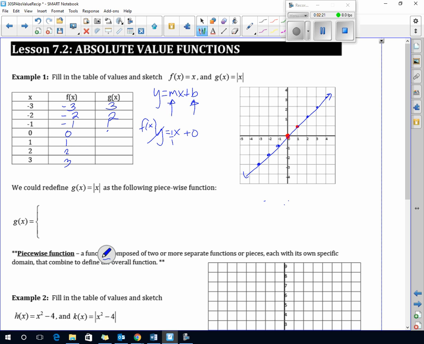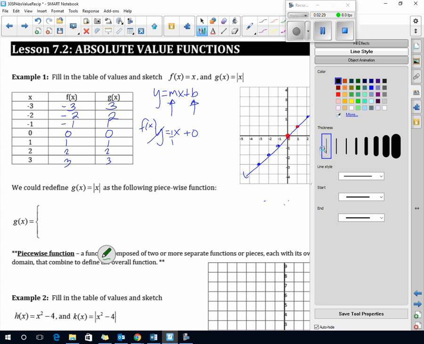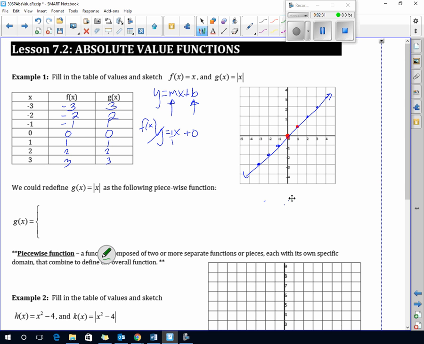So, negative 3, 3. Negative 2, 2. Negative 1, 1. 0, 0. 1, 1. 2, 2. 3, 3. This line now looks like a V. Right angle. Does everybody see it looks like a V? Okay, now,